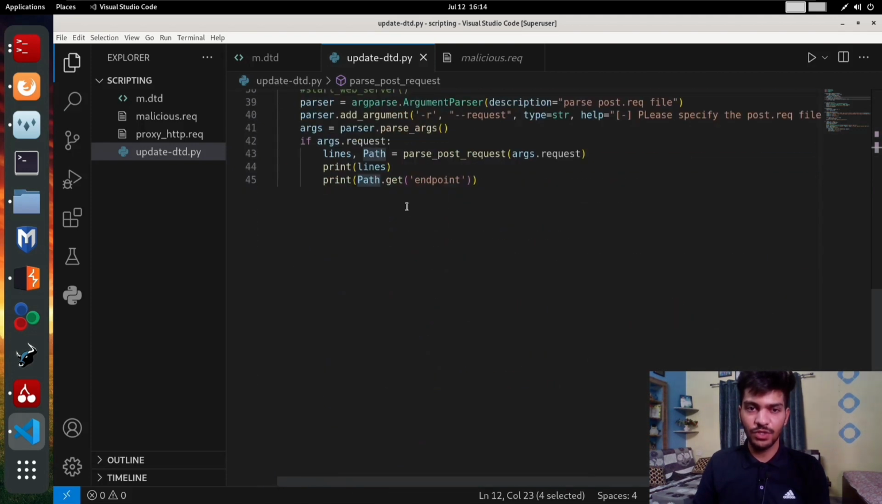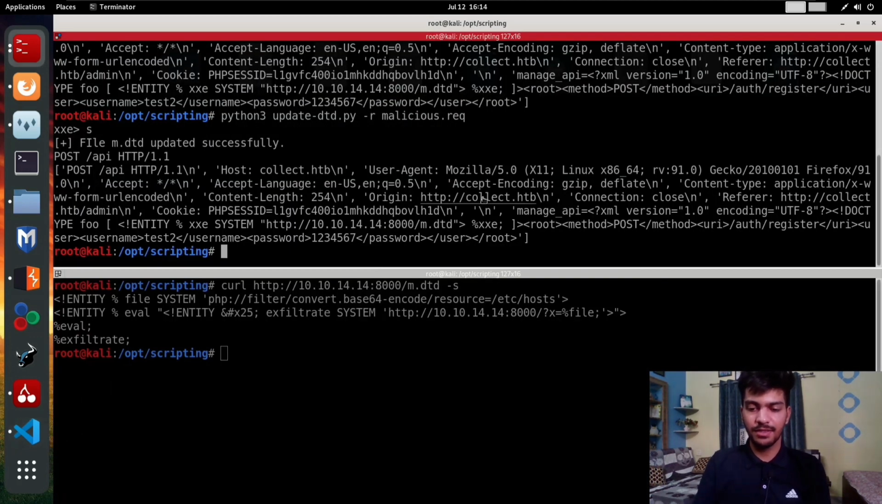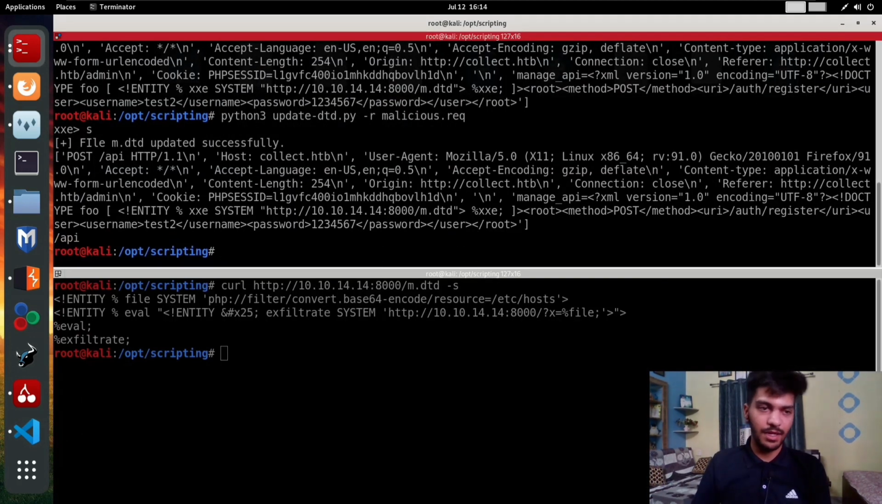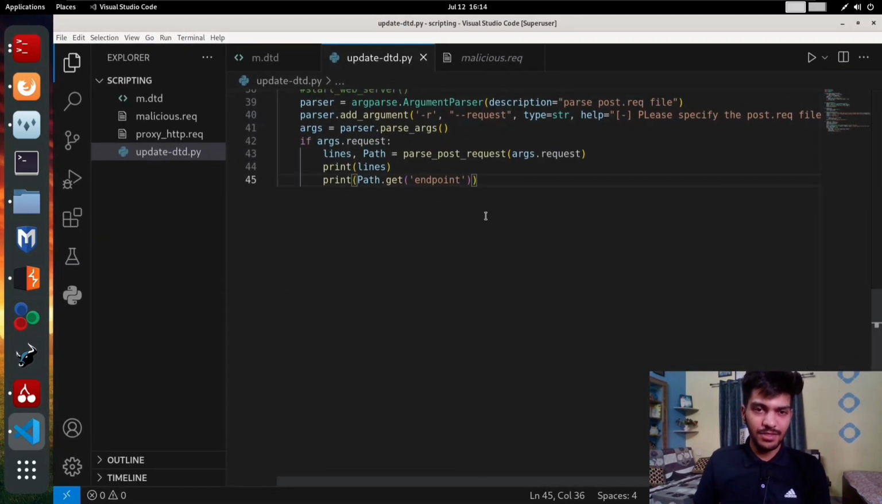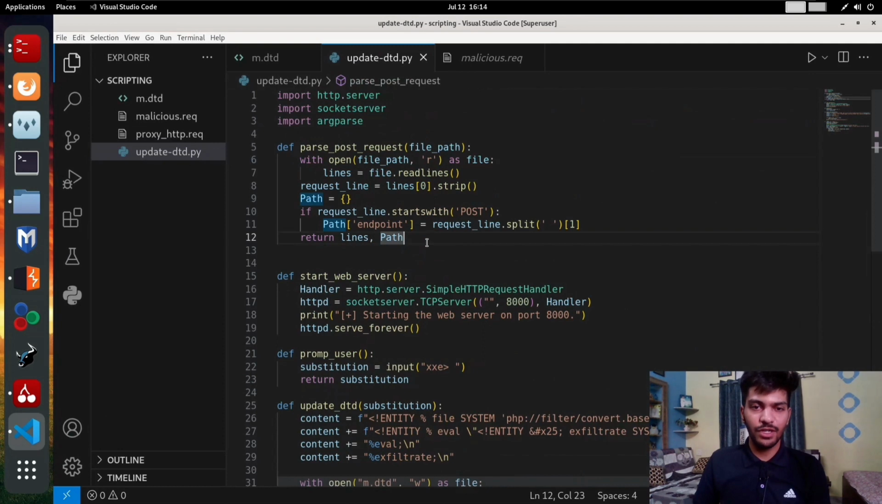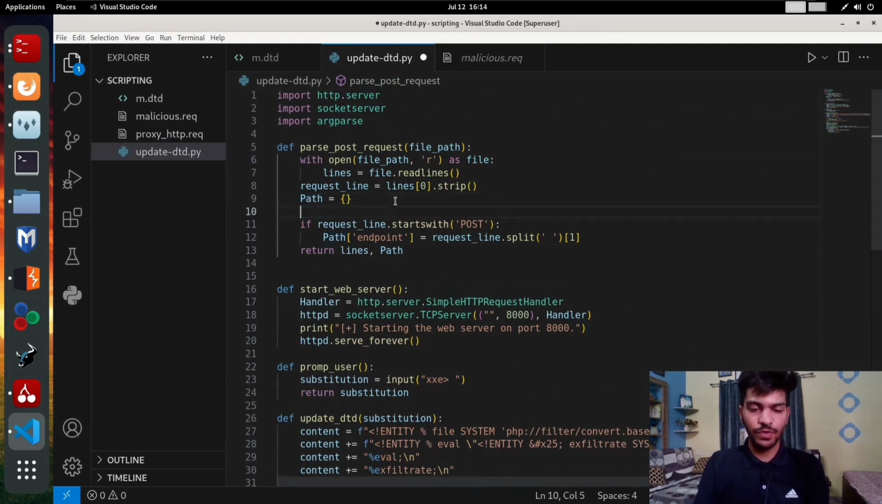And when this function is called, we are going to print that dictionary.get endpoint. What this means is we are going to get the value of the key called endpoint, which is nothing but the API endpoint path. So let's run the script again, and as we can see, we have /API. That's cool. And the next thing we want to achieve is to create another dictionary called